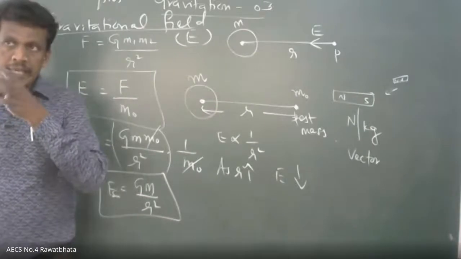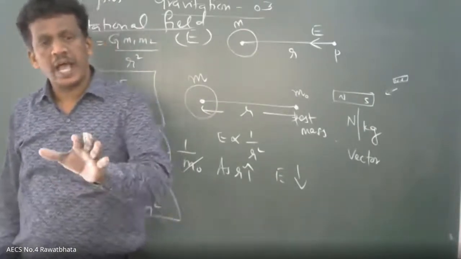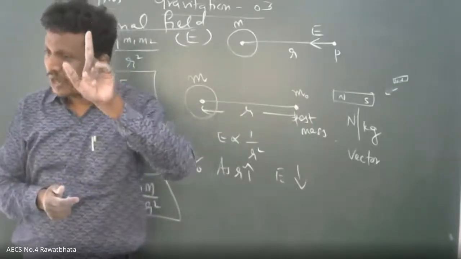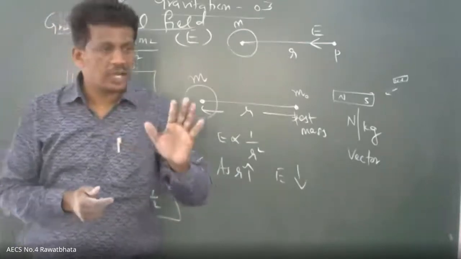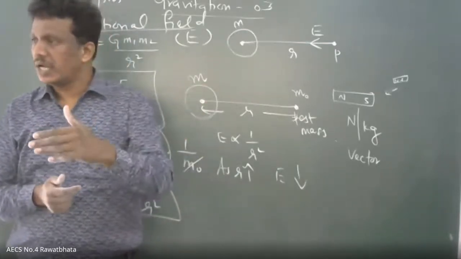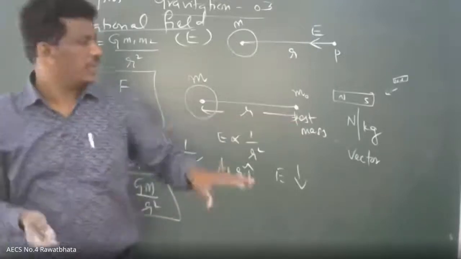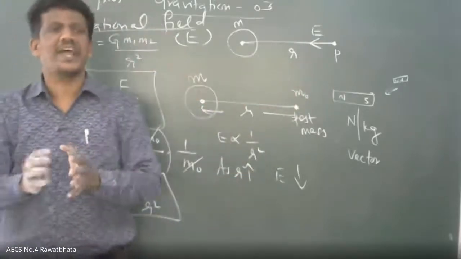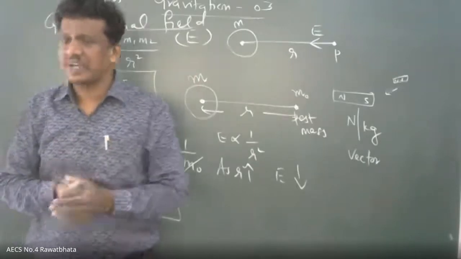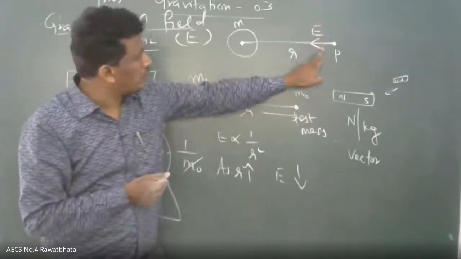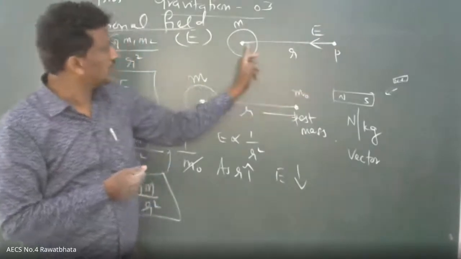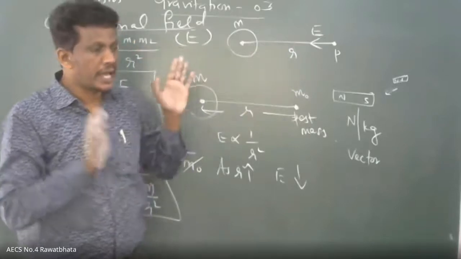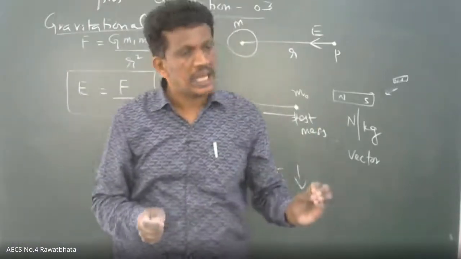Because in electric and magnetic things, you can have the field towards or away, because you have positive or negative. If it is towards, it is like opposite charges; if it is repel force, then away. But in gravitation, that is the only difference. In a gravitational field, it is always attractive. That's why, at any point, the direction of the gravitational field is towards the mass, towards the center of mass.